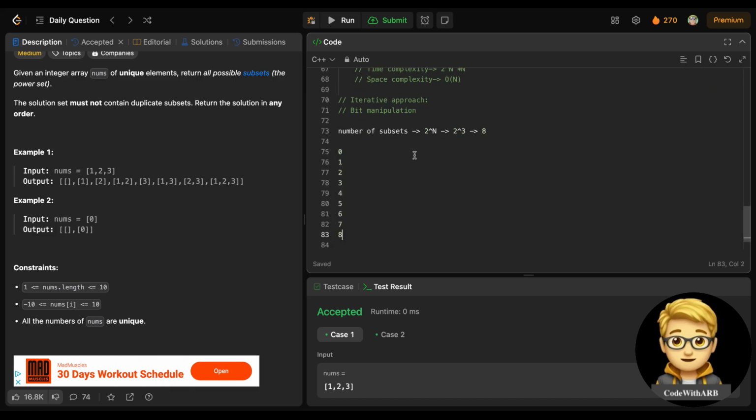So if you see its binary representation: 0, then 0 1, then 1 0, then 1 1, then 1 0 0, right? So this is how this goes.